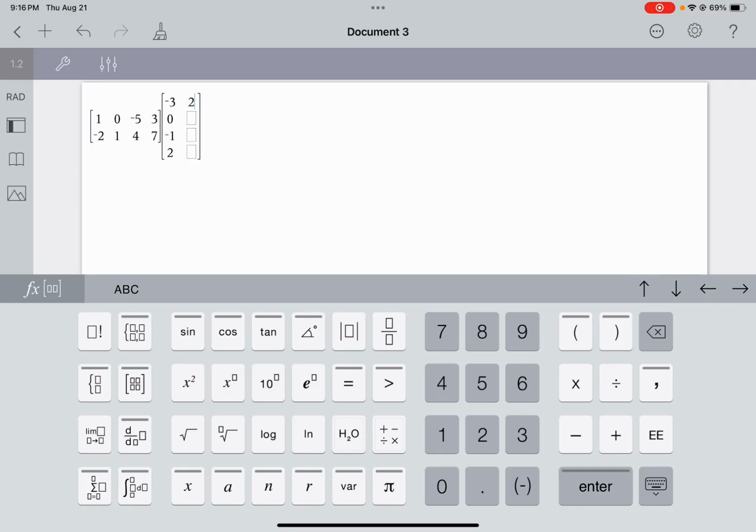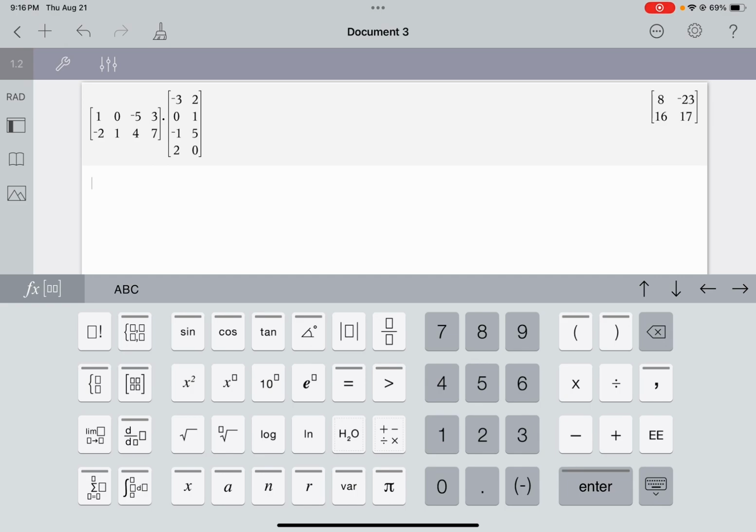Then I have 2, 1, 5, and 0. And look at our answer. It is a 2 by 2. Now, a different thing I want to show you is that if you reverse the order, the answer will actually